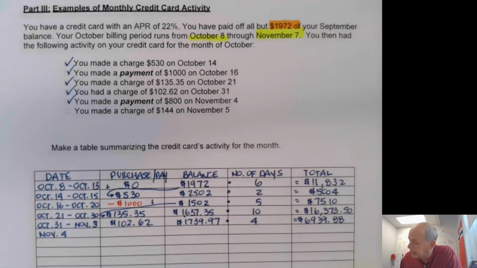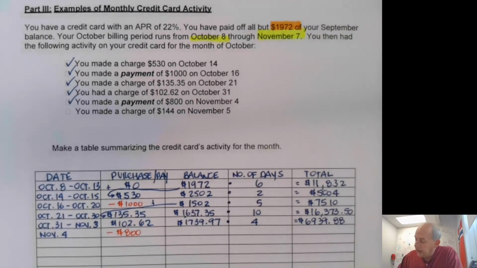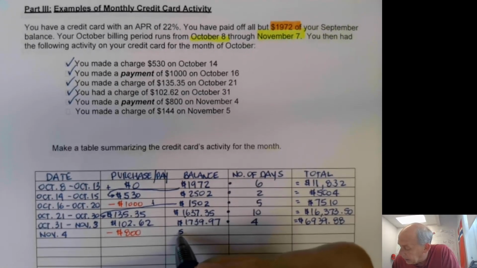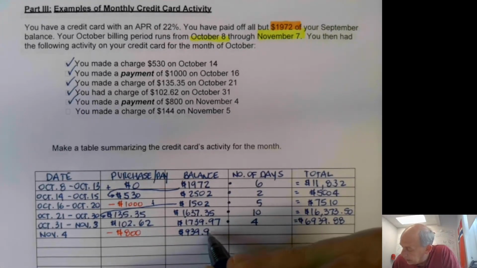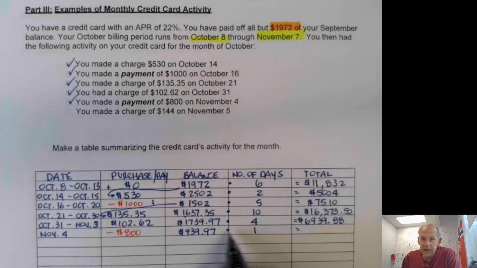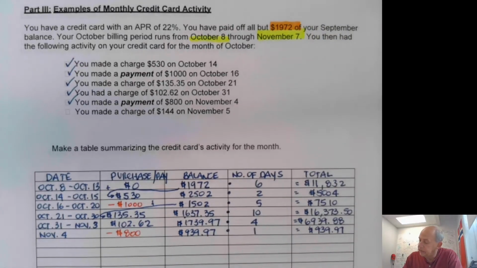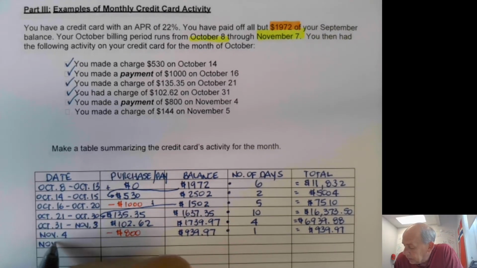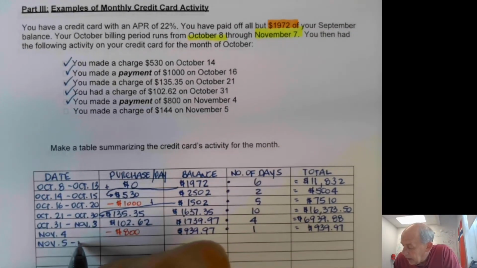So this is a one-day interval. I make a payment of $800. Now I subtract $800 from my balance, $939.97 for 1 day. Multiply these two values together right there, and that's going to be $939.97. The last little bit of activity I have on my credit card is November 5th, and that goes out